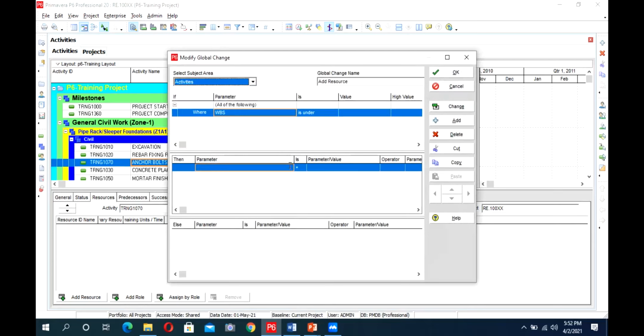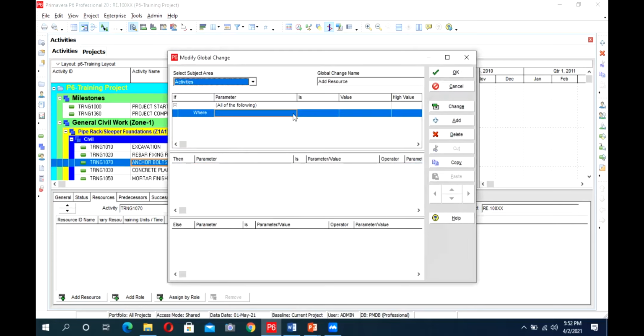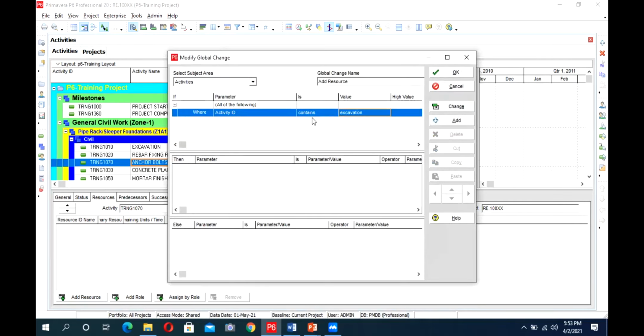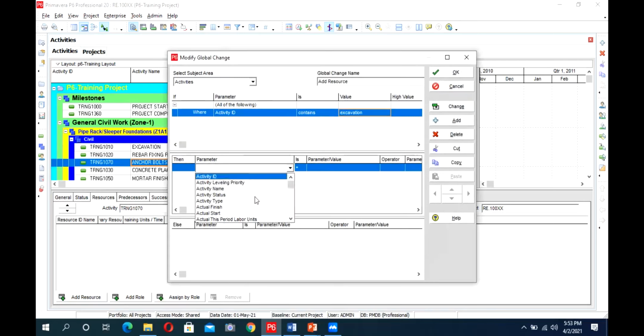So in global change, basically you define some logics. For example, I just give a logic where the activity ID contains excavation. So wherever the activity ID contains excavation, what should it do?